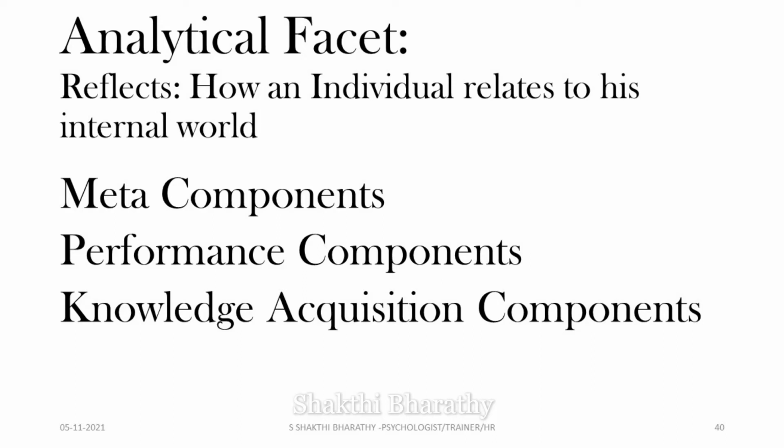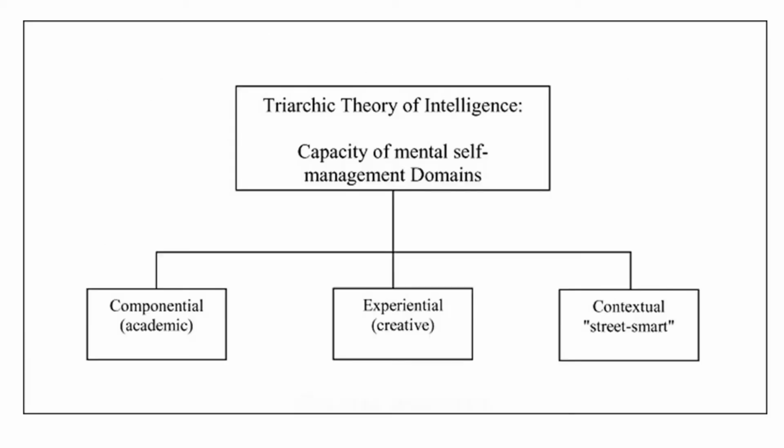So next, move on to performance component. Performance components execute strategies assembled by the meta component. They are the basic operations involved in any cognitive act. For example, they are the cognitive processes that enable us to encode stimuli and hold information in short-term memory, make calculations, perform mental calculations, mentally compare different stimuli, and retrieve information from long-term memory. So these are the major functions done by performance component.